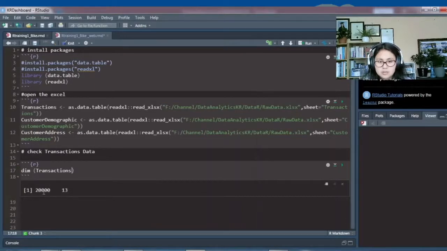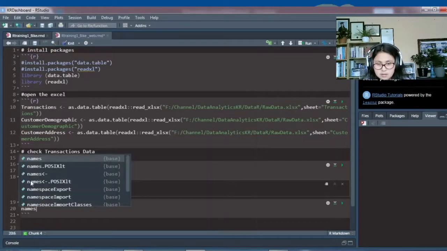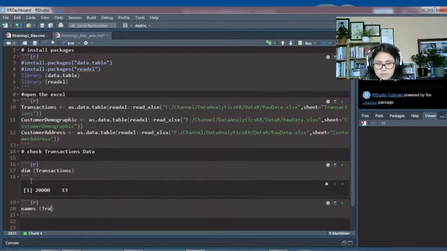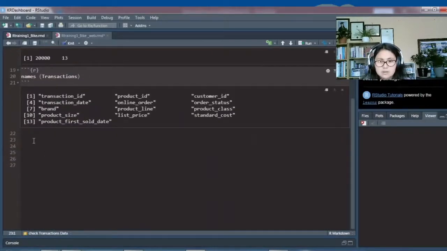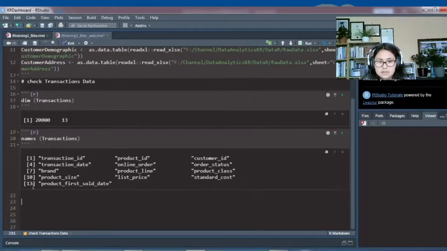So there are 20,000 observations and 13 variables or columns. Next we have to check also the names of the transactions. Click that one. Okay, right, perfect. So 13 variables or 13 columns. If you want to check also the summary as a start,